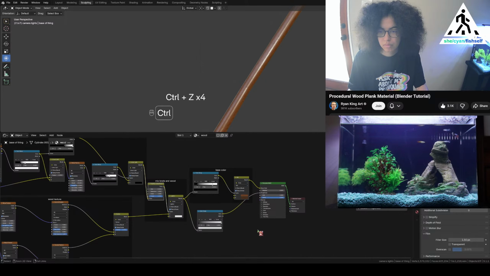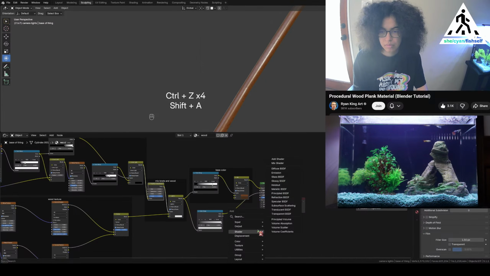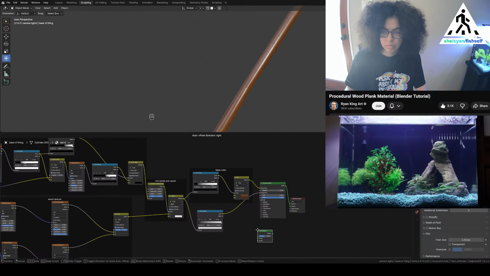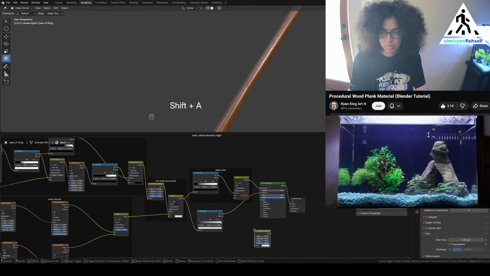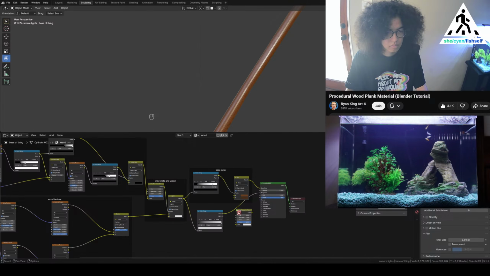Alright, so the wood looks very smooth right now, but I want to make it look more bumpy. So we're going to add some values into the normal to give it some bump. So first let's go to the add menu and we're going to search for a bump node, and the bump node will allow us to convert color data into bump data. So the first thing that I want to do is add the wood bump strength. So right here, if I control shift and select this dark